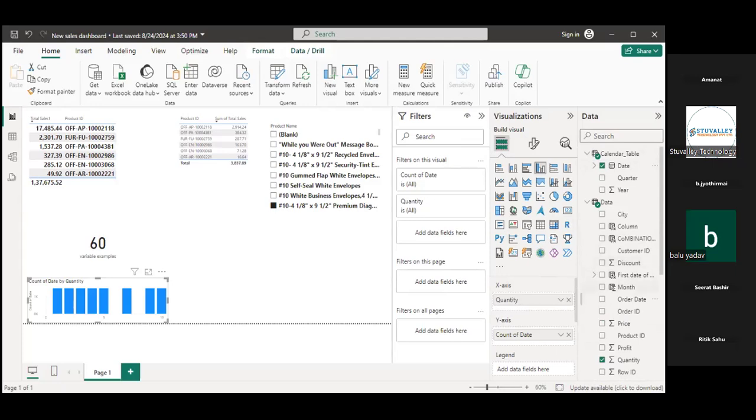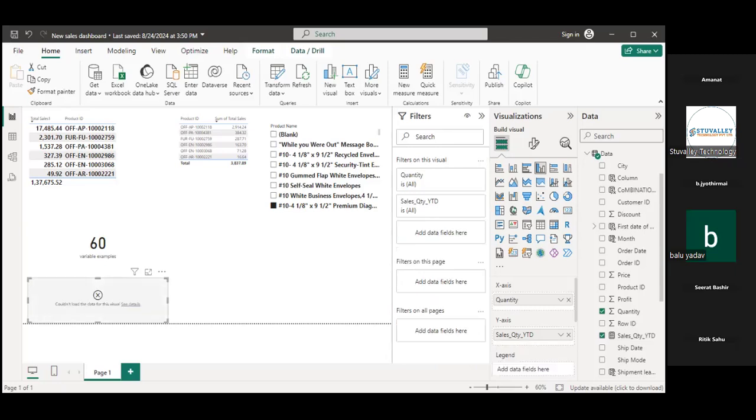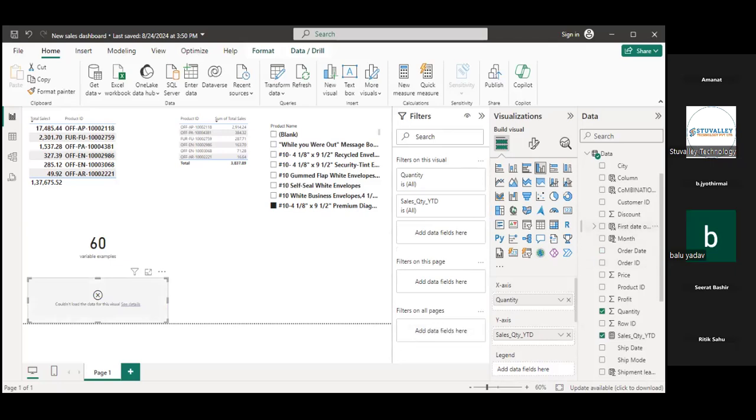And if I put my measure for year to date inside the y-axis, instead of count of date I put order date. I put only year to date.